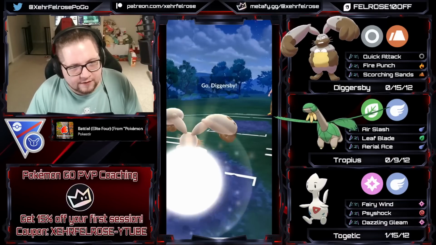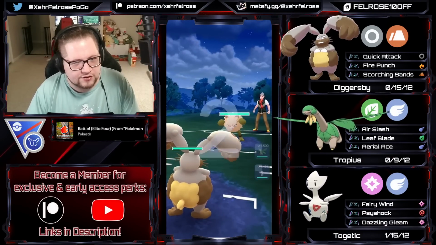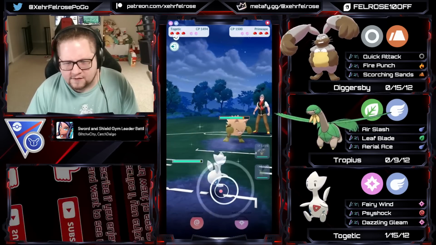Trying to get some redemption here in the final game. Diggersby on the lead versus Primeape. This is going to be an immediate safe switch into Togetic and look to see what the opponent does next. They're going to go ahead and stay in. And they're staying in against my...